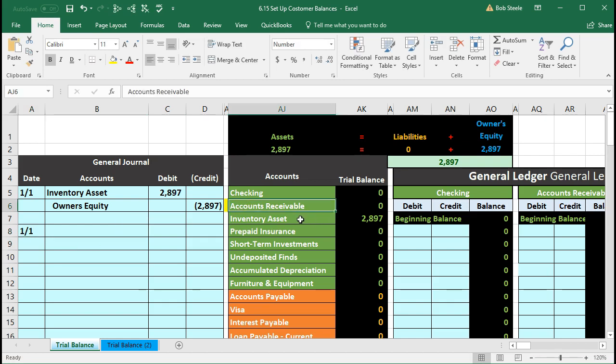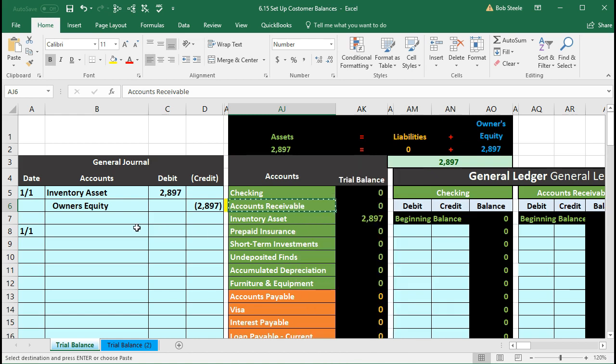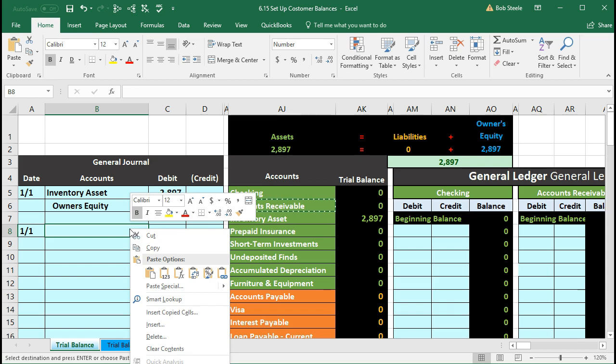And we see that we're really recording this amount here. We want a receivable on the books. That is what happens. People owe us money. And it's an asset, it needs to go up. So we're going to do the same thing to it, which in this case is a debit. So I'm going to copy that. And I'm going to put my cursor in B8, right click, and we could type it in there, by the way. This isn't somewhere where you need to copy and paste or use the formula,